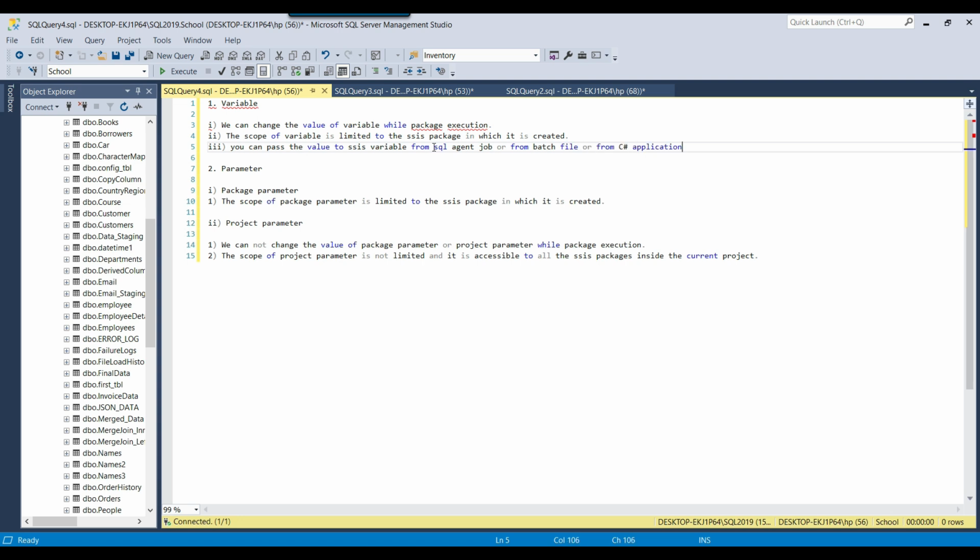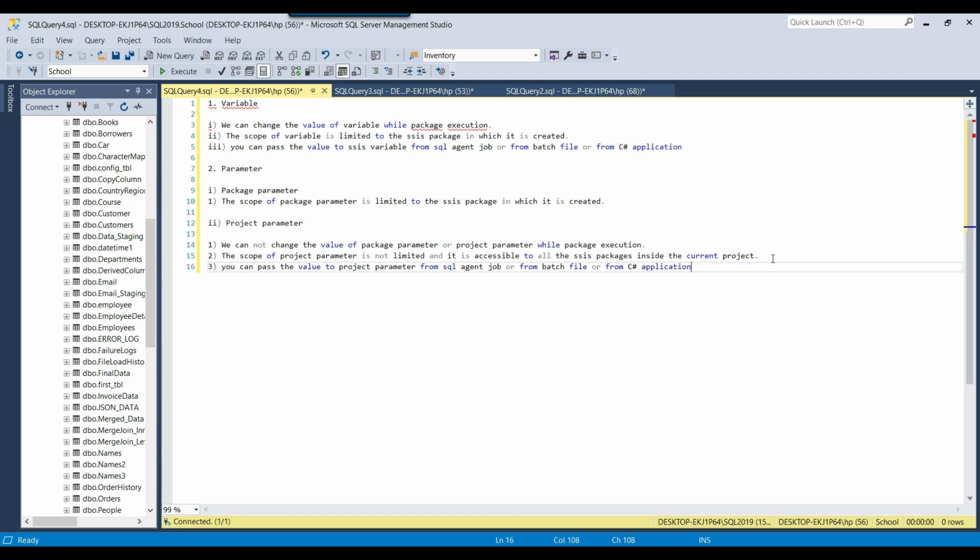The same will be applicable to the project parameter as well: if you have a project parameter, you can pass the value to the project parameter from a SQL agent job, from a batch file, or from a C# application.